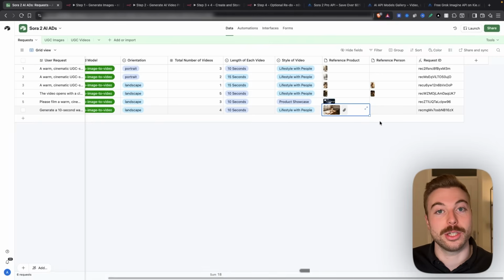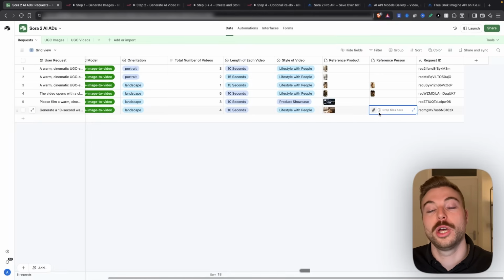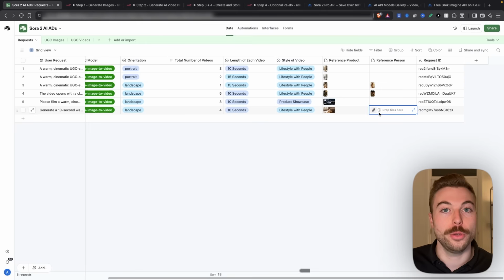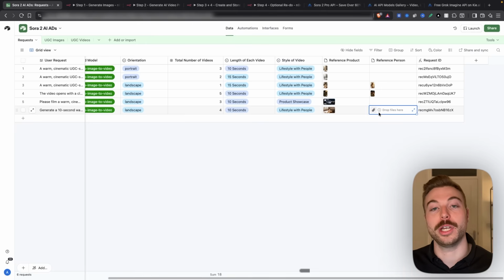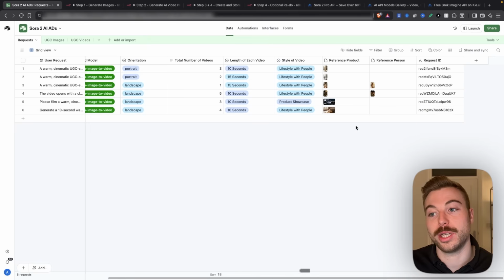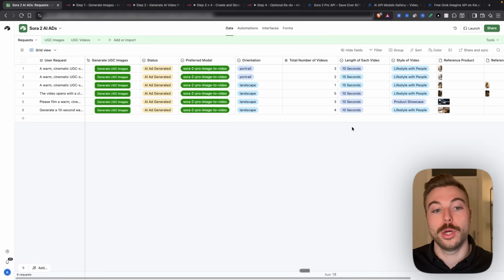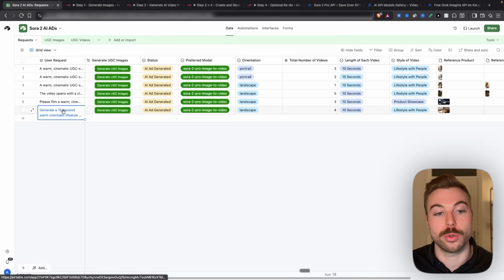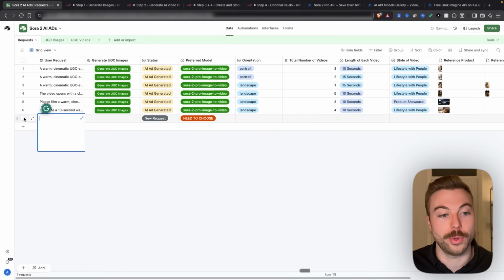The key thing to note is you can't upload a reference person with Sora 2 at the moment because OpenAI is really strict around having referenced people in their videos. You would have to do, for example, @SamA for Sam Altman with their characters if you wanted to use it that way instead. So once you've gone through and added your request in here, for example, if we come down and paste in here,